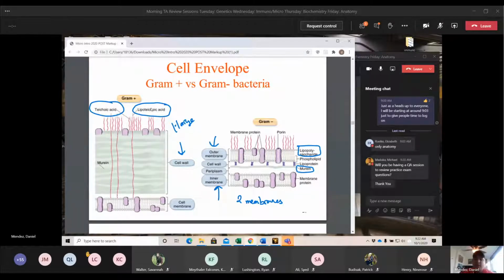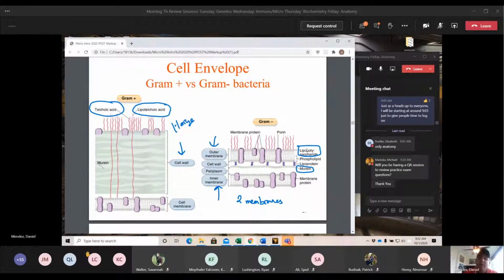Then we get into a slightly more confusing gram negative. With the gram negative, we have an outer membrane and an inner membrane. Because we have those two membranes, we have what's called a periplasmic space. So there's going to be a space between the inner membrane and the cell wall. It is a very thin cell wall, as you can see. The other main thing that we're going to see is the LPS, the lipopolysaccharide. That's going to be very important when we talk about endotoxins later on.